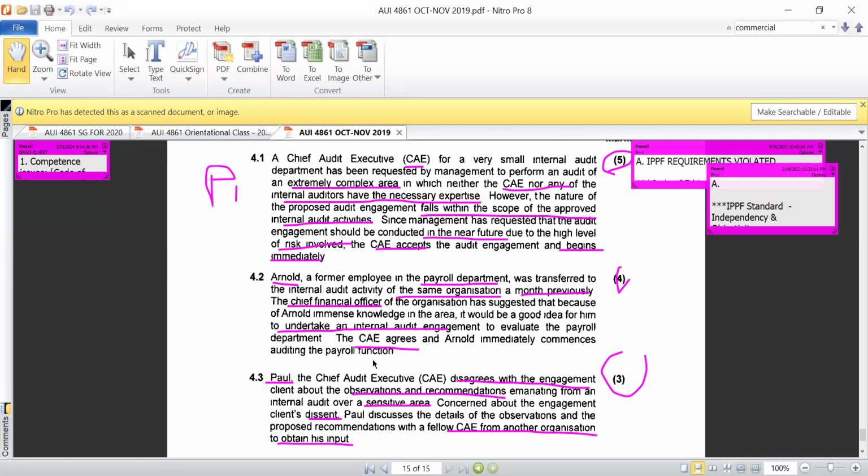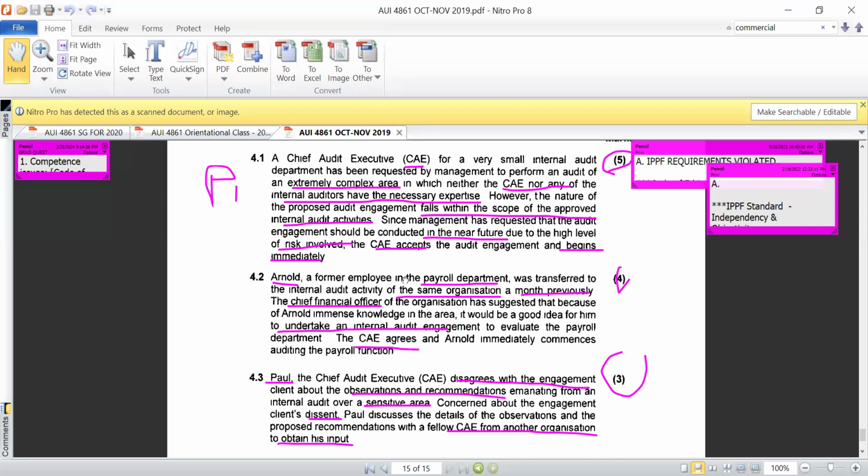Before we can even talk about what principle of the code has been violated, what IPPF standard and all that, just by looking at what is happening from a practical point of view, you cannot self-review. Does it make sense? There's a threat, though not in the context of what we are dealing with in internal audit. I also teach external auditing, but just giving you a line of thought, if this guy is to go and audit the payroll function,